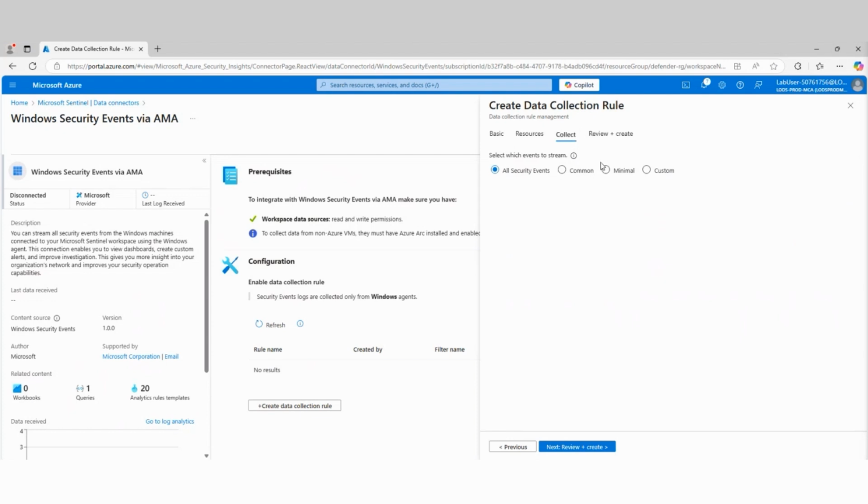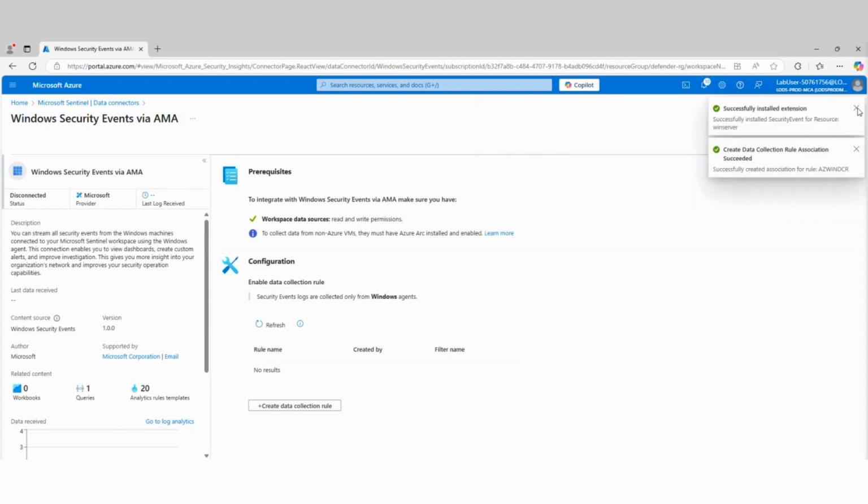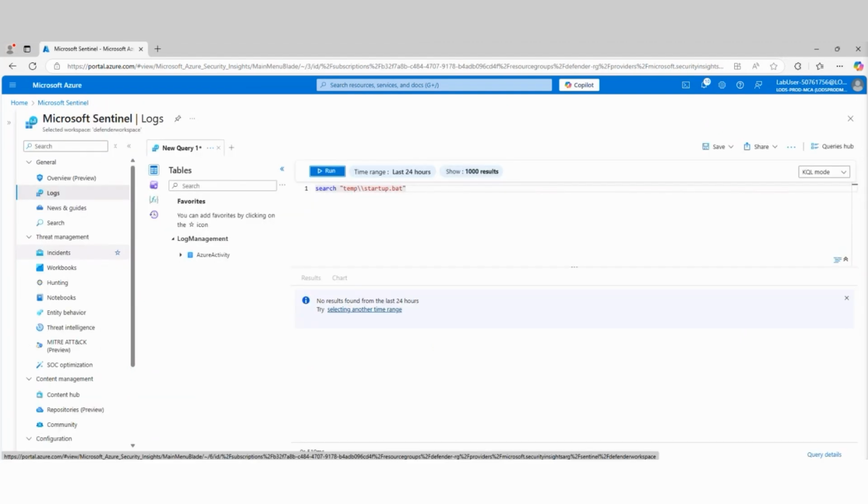We're going to collect all security logs. You can limit what security logs are captured if you want to. And we're going to go ahead and create that. So now what I've done is I've got a simulated on-prem server that is now being monitored and managed, up to a certain point, by Azure using that Azure Arc Agent. So now let's go ahead and simulate these attacks. That way we can see the results from this query that we're looking for.